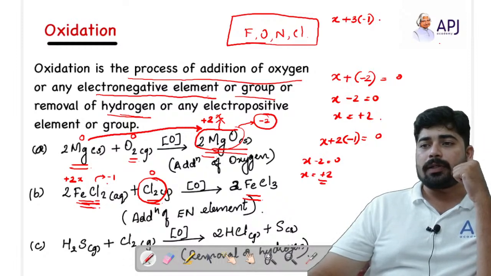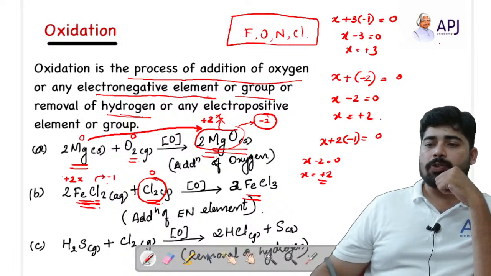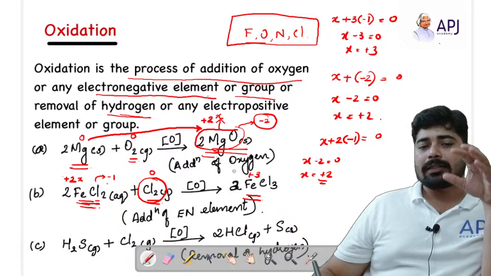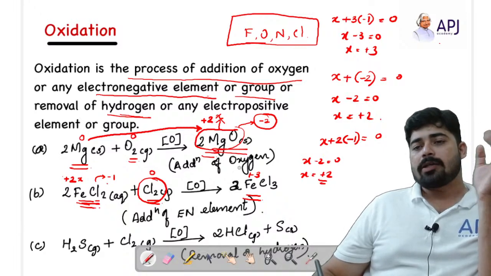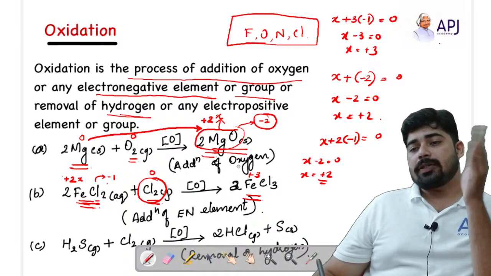So 3 into minus 1, charge on the molecule equal to 0. So x minus 3 equal to 0. So x is equal to plus 3. Now you can see that from plus 2, the oxidation state has increased to plus 3. That means iron has undergone a process called oxidation, where its oxidation number from plus 2 has increased to